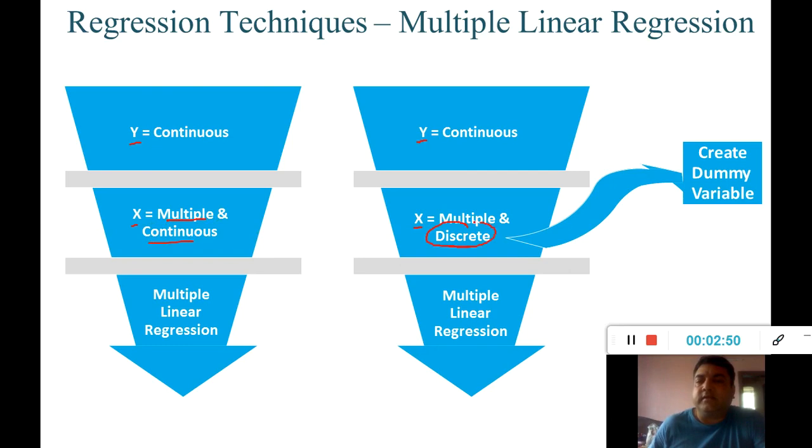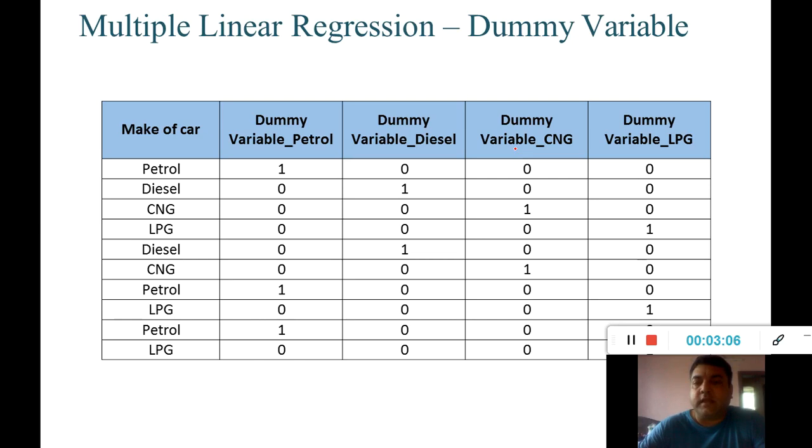Your x can be continuous or discrete. If it is discrete, then you have to convert it into dummy variables. How to convert, we will see with an example. These are the preliminaries and requirements of multiple linear regression. Whenever my y is continuous and my x's are either continuous or discrete, and I want to predict the continuous value